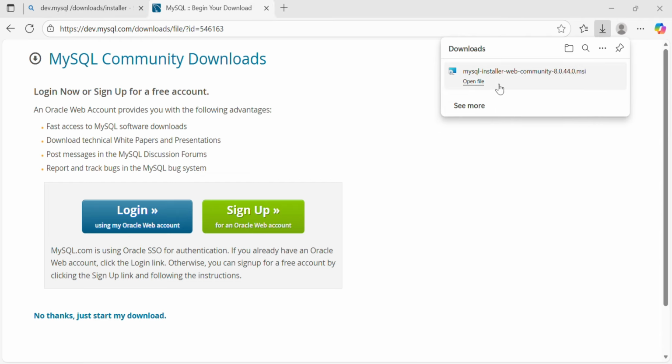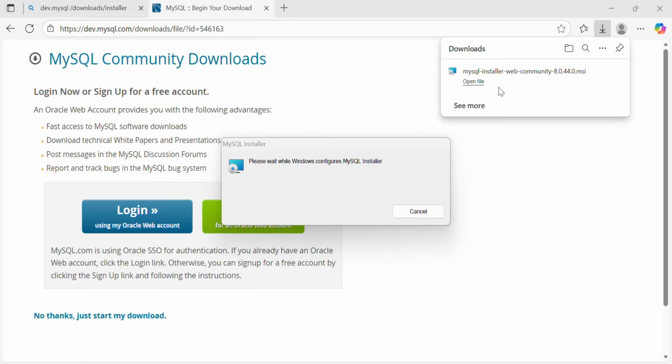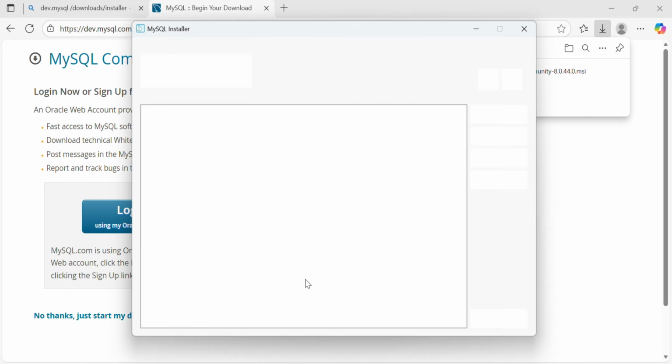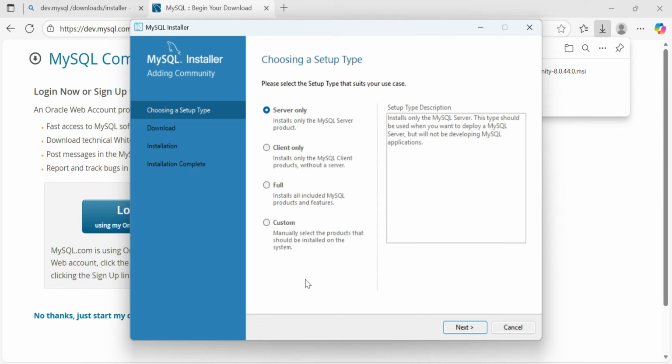Alright, that is it. Then we'll click on it, and it asks if we want to allow this. Yep. Alright, we'll follow the steps one by one, and then we'll create our password for it. So let's do choosing the setup type. Do you want it to be server only, or so we can say,